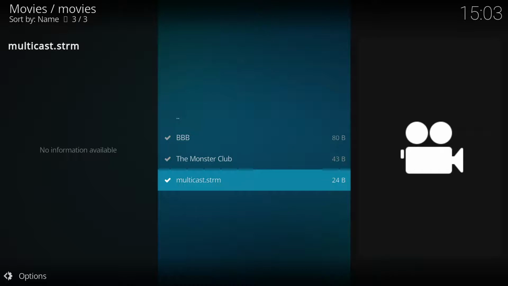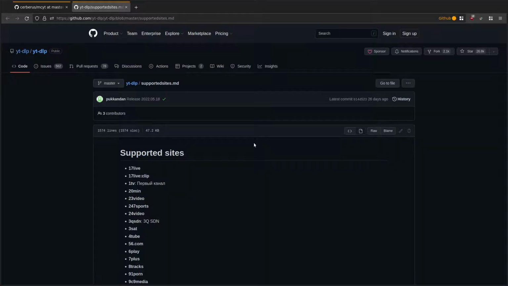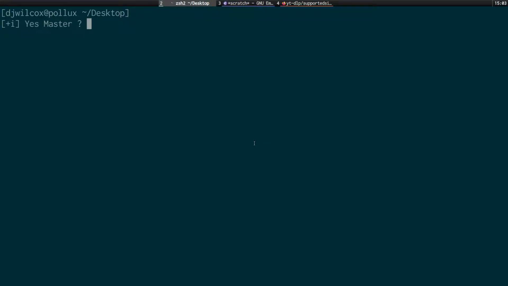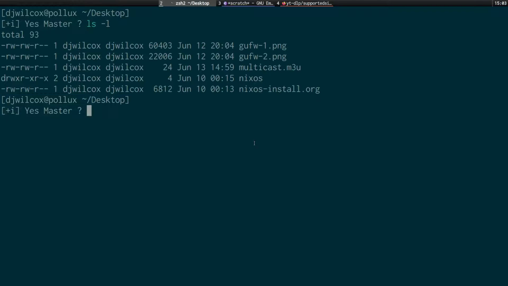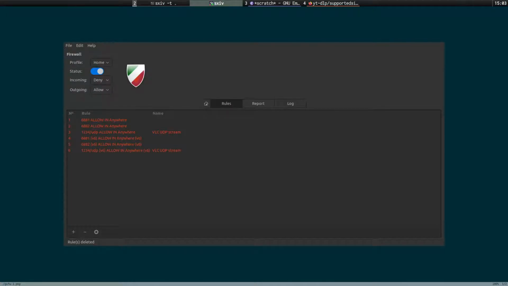So what I'm going to do now is actually cover another issue, and that is the firewall. So let me just click Kodi here. So right, let's come back. The multicast stream can be blocked by your firewall, and you actually specifically need to enable access for multicast streams